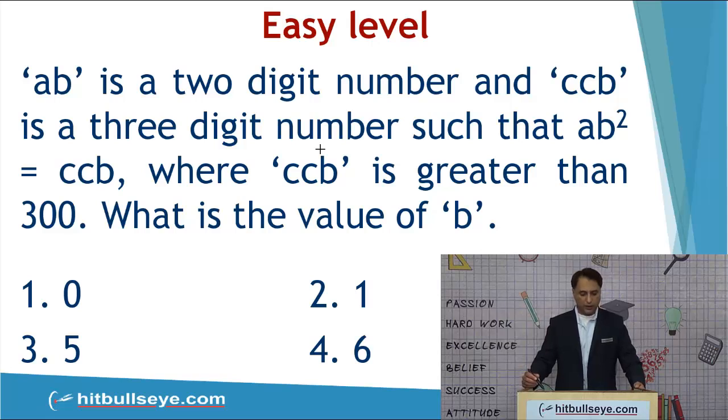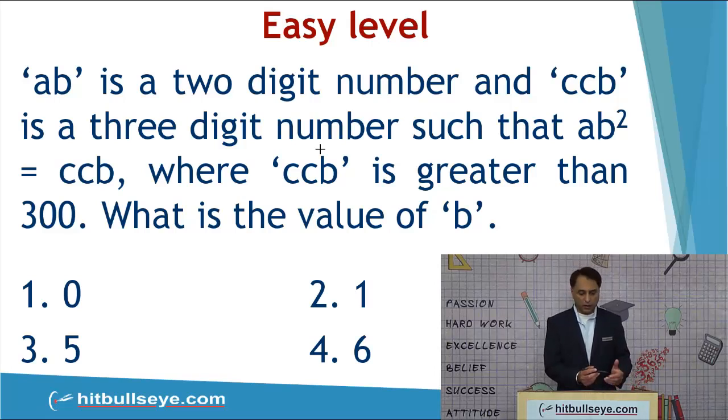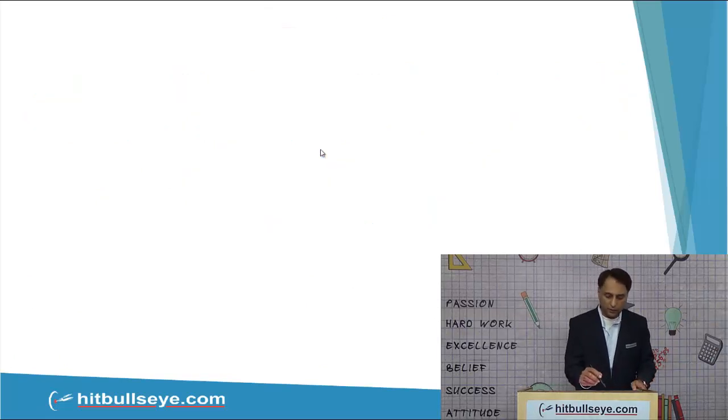AB is a 2-digit number and CCB is a 3-digit number such that AB whole square is equal to CCB, where CCB is greater than 300. What is the value of B? The options given are 0, 1, 5 and 6. Now let's try to apply how many steps are required for this particular task and which steps these should be. So the starting point for us is that AB whole square